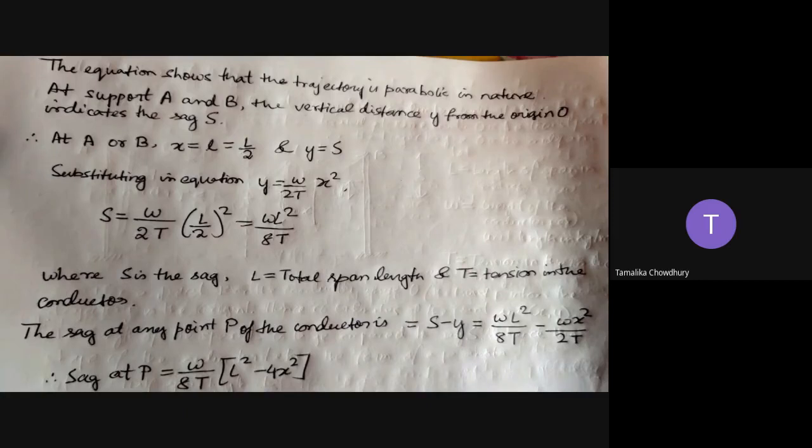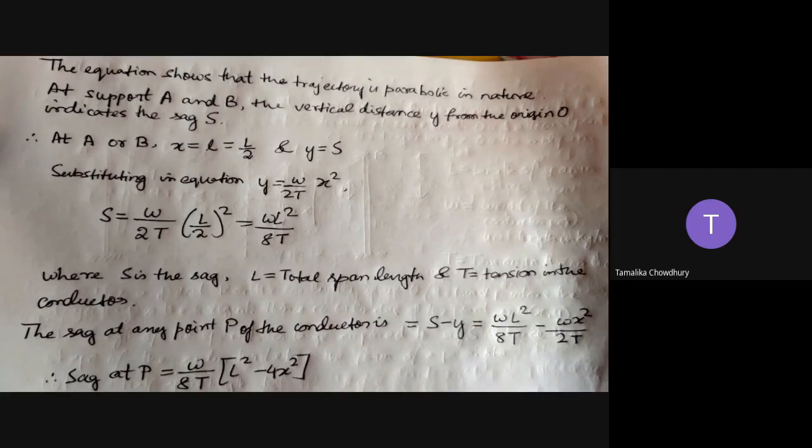Eventually I'll go to the problems. In the problems, one problem is definitely going to come from sag. From module 1, the main problem that comes in question number 1 is sag. That problem is a must, which you will see in the question paper. In the first question only, there is a numerical on sag. So that is why these formulas are needed. So this is clear.